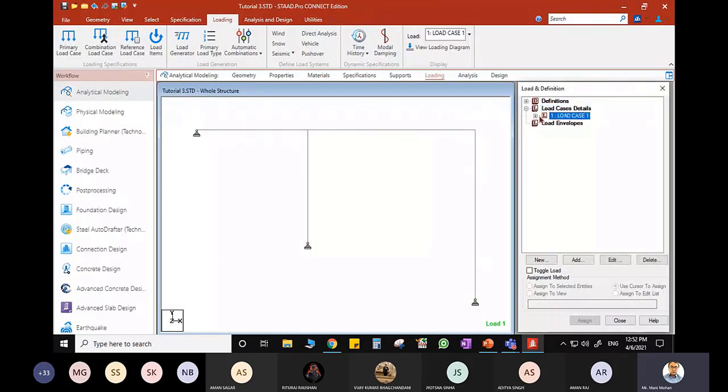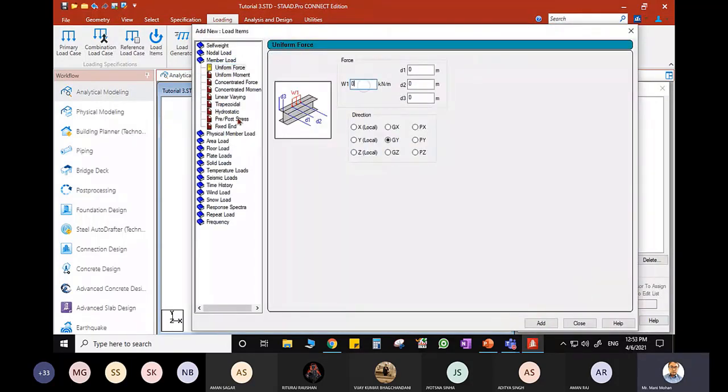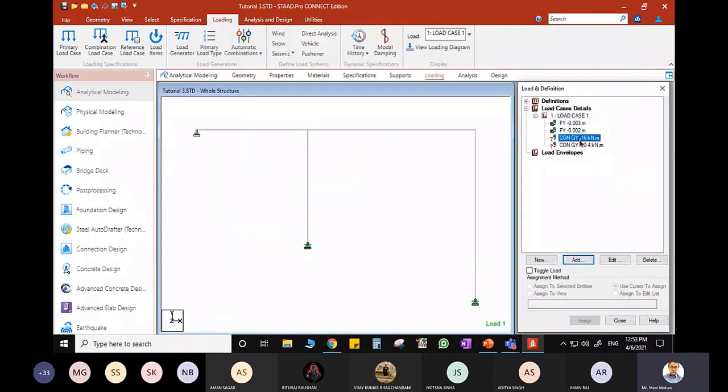So click load case detail under load case 1. Click add. I have member load of concentrated force minus 16 kilonewton. If I don't give any value, it means exactly at the center about global y direction. Click add. Okay. Next, I have minus 20 kilonewton. From the start, it is at a distance of 4 meter. Click add. It does apply. 16 kilonewton is acting on this member, 20 kilonewton is acting on this member, as can be seen.